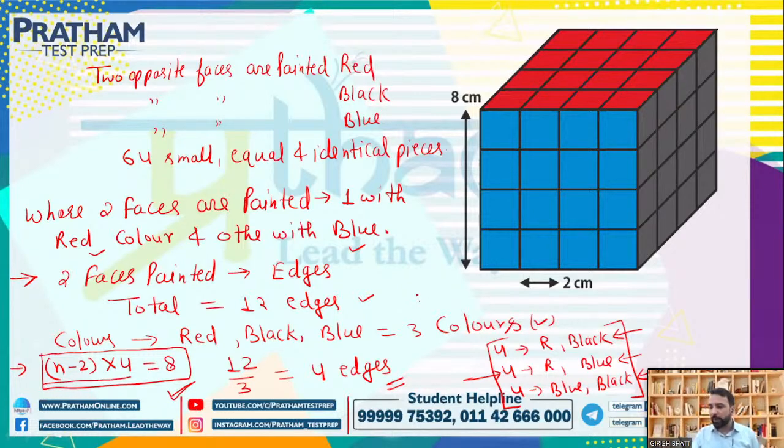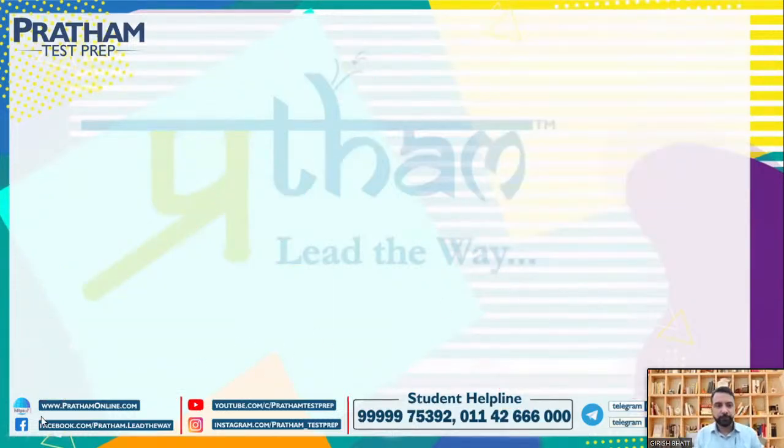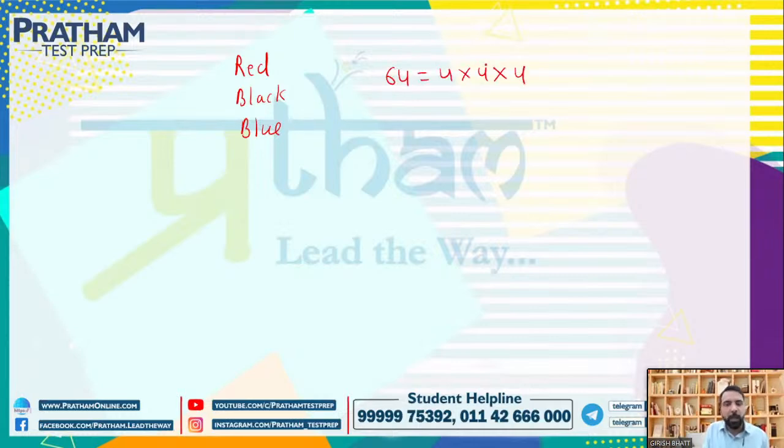So now I'm giving you one question. ठीक है? Try to answer everyone. Okay. So next question is same figure. 2 faces are painted red, 2 faces are painted black, 2 faces are painted blue, and total 64. ठीक है? 4 into 4 into 4. How many small cubes are there